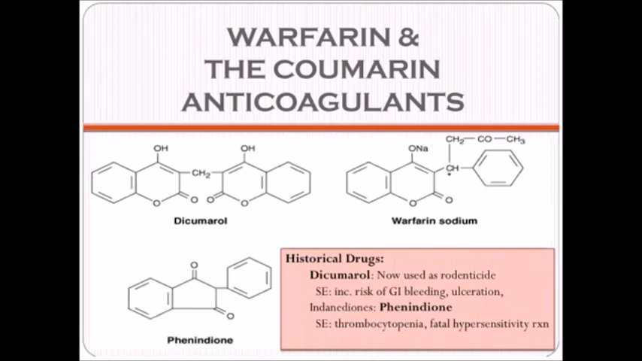When we talk about historical examples, these are orally administered as well. However, they were withdrawn from the market because of certain problems encountered. First is dicumarol. Dicumarol was used as an anticoagulant before. However, due to increased risk of gastrointestinal bleeding and also ulceration, it is now applied as a rodenticide, meaning